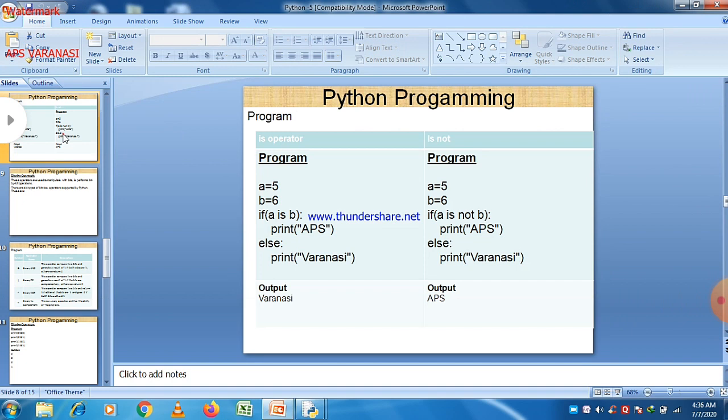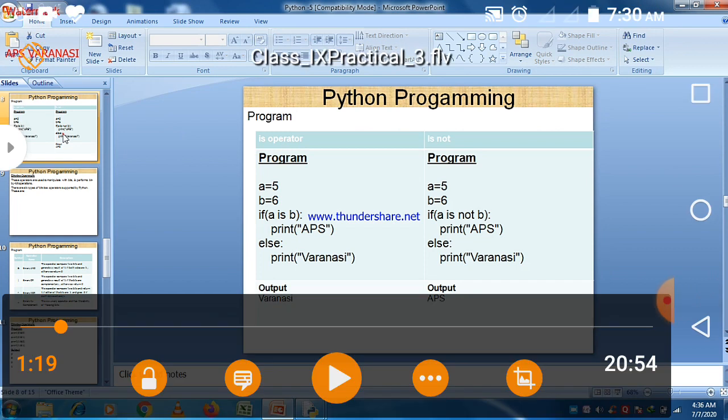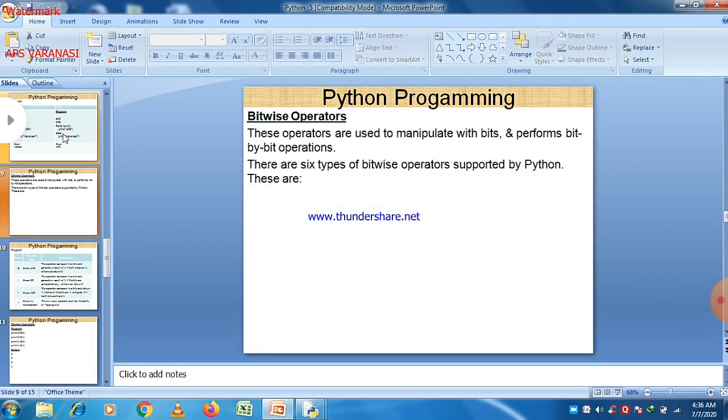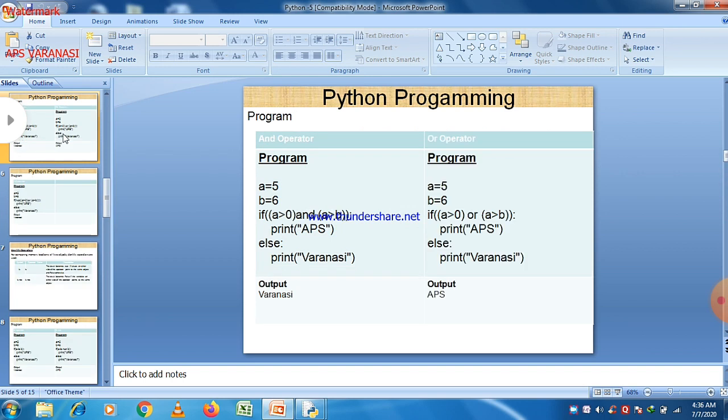There is a condition if a is b. Actually this operator is not a logical operator, so let us change the slide first. Okay, this is the program based on logical operators.